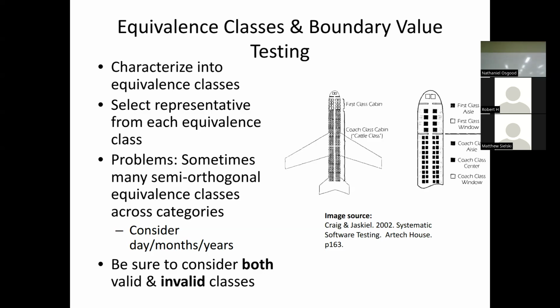So here you might have a breakdown of two types: first class cabin, aisle and window, and then for the economy class or coach class, you may have aisle, middle,